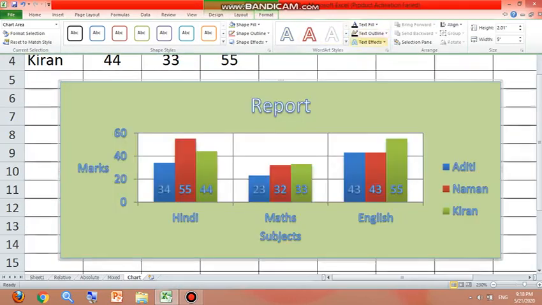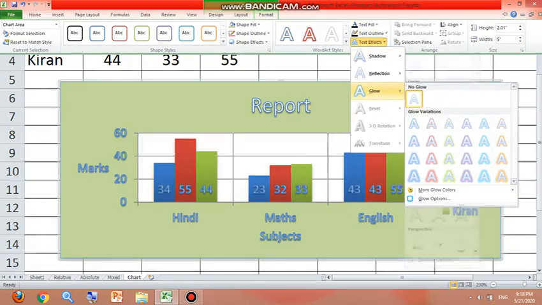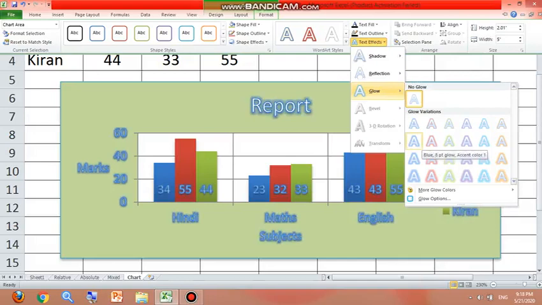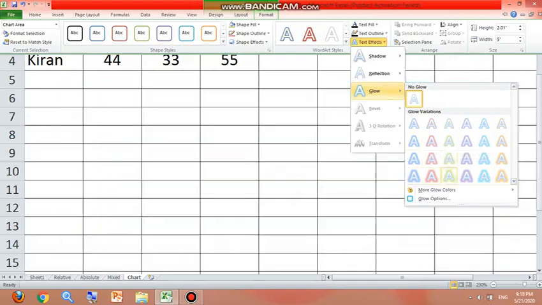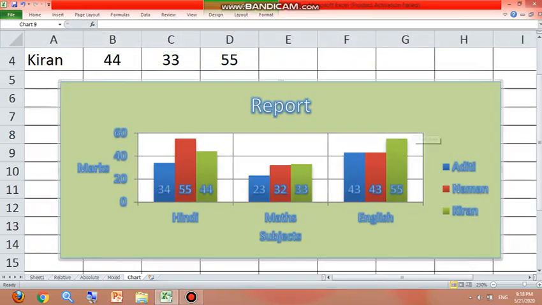Okay, from here, text effects, text outline, text fill. You can change text effects. If you want it to glow, make it glow. So these are the various formatting styles which you can use to make your chart more attractive and meaningful. Okay, children. So from here, these three tabs: Design, Layout and Format,